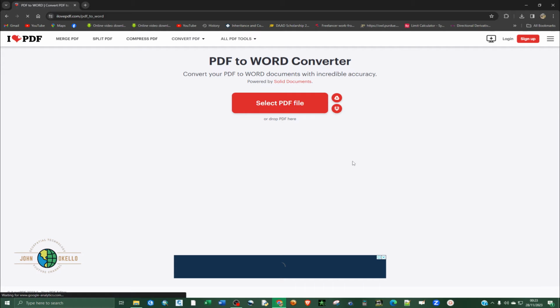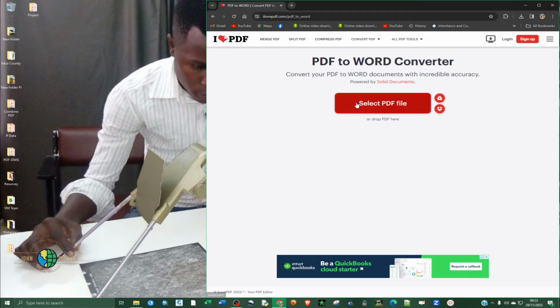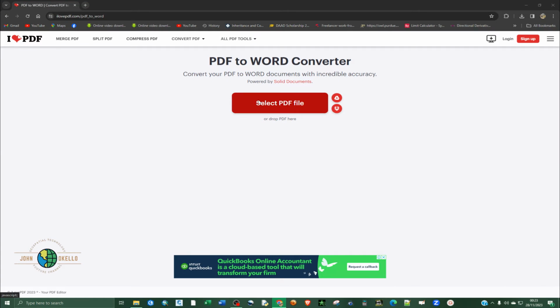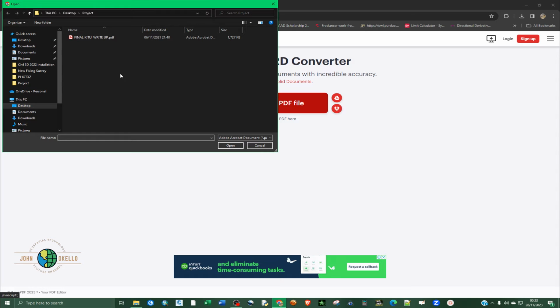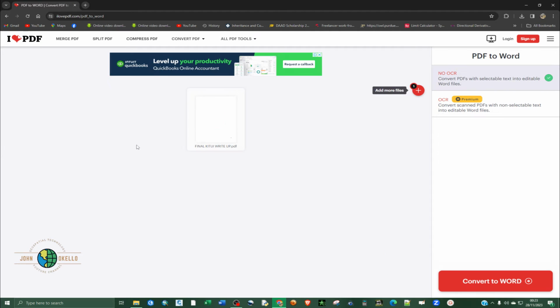and then you can see that there is a button here that says select PDF file, but you can as well drag and drop. So it's up to you to choose which method that you are comfortable with, but for this case I'm going to import the file. Click open, and then